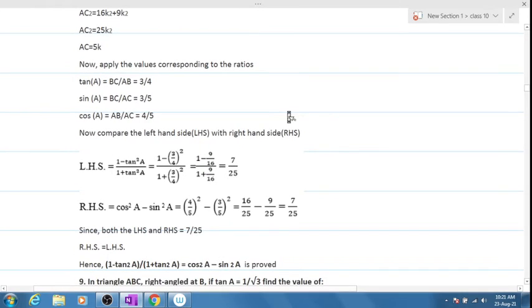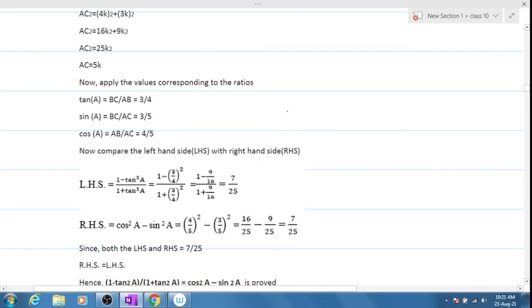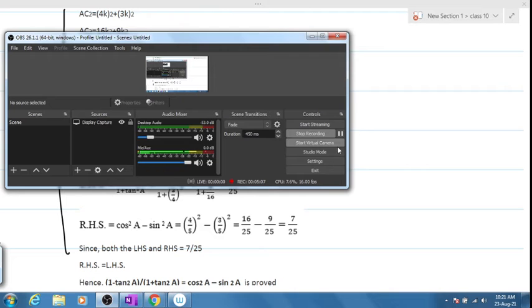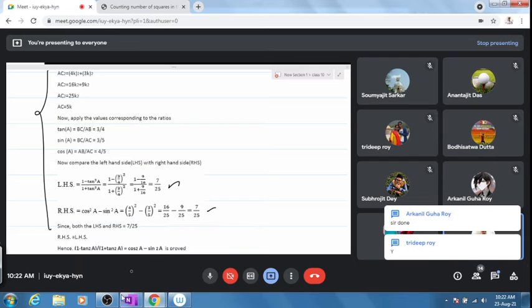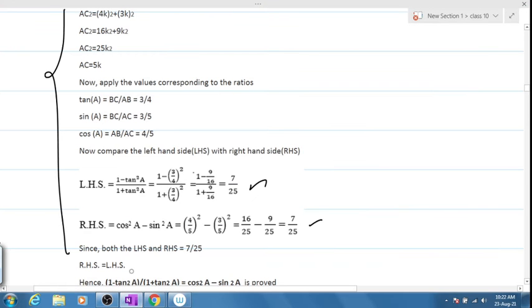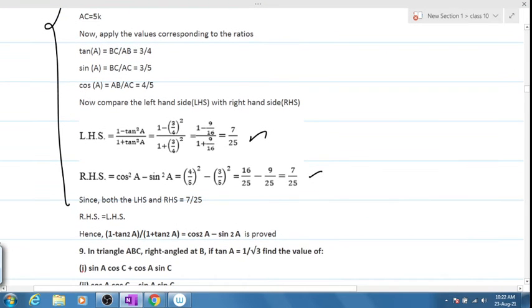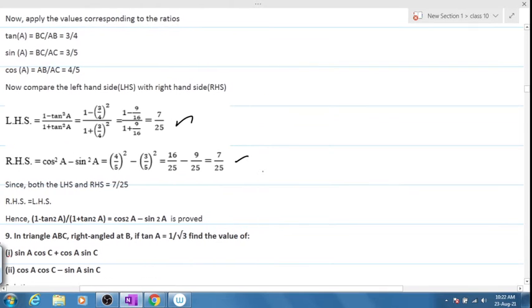Now people who are not done with this, it's a very simple one. I would expect you to copy the entire thing from here. I'm pausing the video and let me know when it's done. Can we move on to the next numerical? Please confirm. Yes, sir. Okay. Without further ado, we'll start off with the next numerical, which is question number 9 out here.